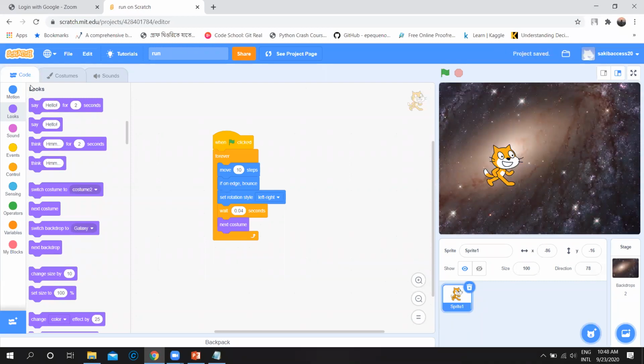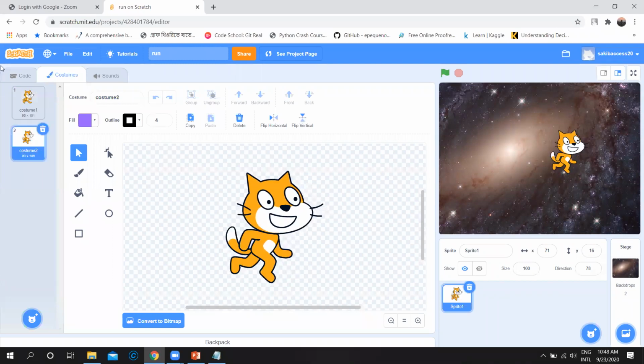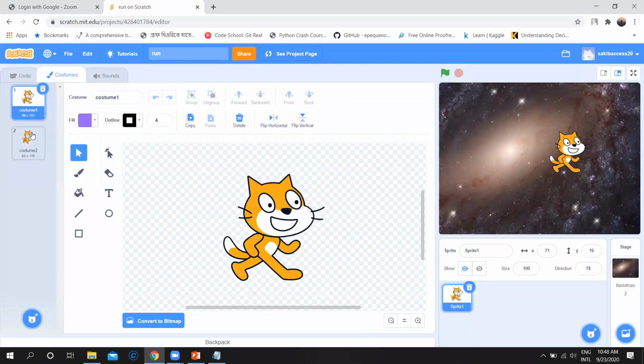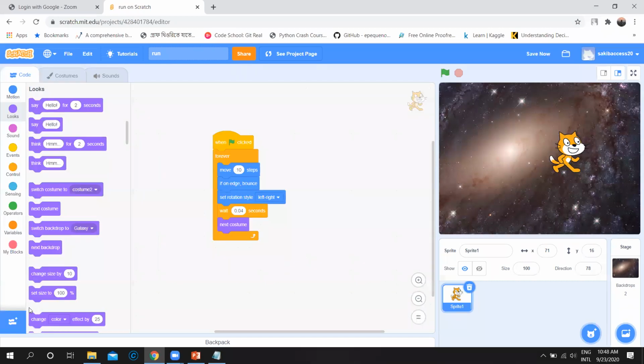Okay, did you get some idea about what is next costume? If you can get it, that's good. But if you don't give the next costume, it will not move, it will not run. So ultimately, costume means there are different images of your sprite, and next costume means it will change from this image to this image. Whenever you add next costume, it will look like it's walking. Okay, all of you, did you get it? Yes, sir. Okay, that's the very interesting thing of our Scratch.